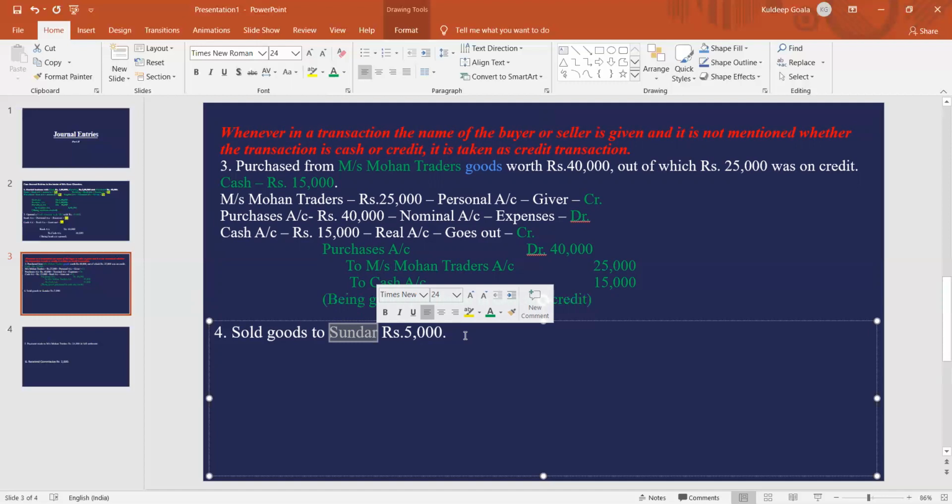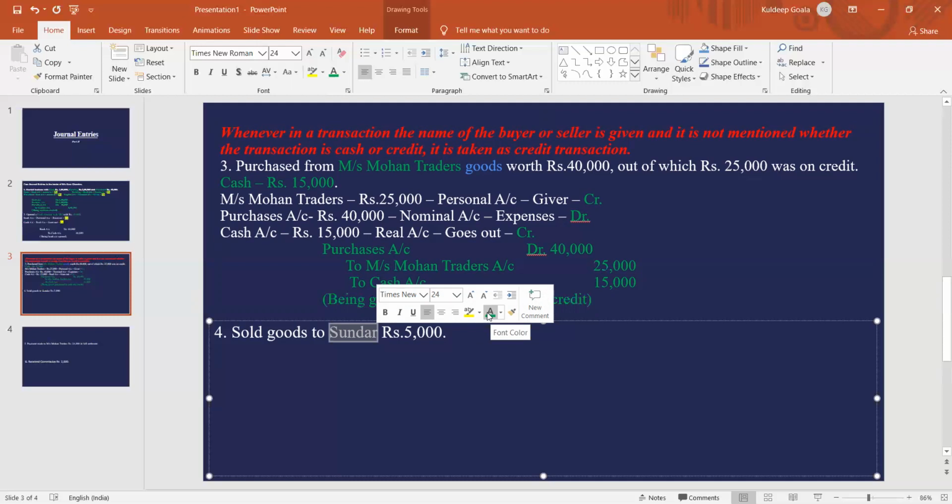You have to take this one as credit transaction. Credit मतलब उधार पे हुआ है, उधार पे बेचा है हम लोगों ने. So जब भी उधार पे बेचोगे क्या होगा? जिसको बेचे हो उसको नाम उसका नाम लिख के रखोगे, right? You will write the name of the person on whose name you have sold it, right? Clear? So what will be the item here one by one?